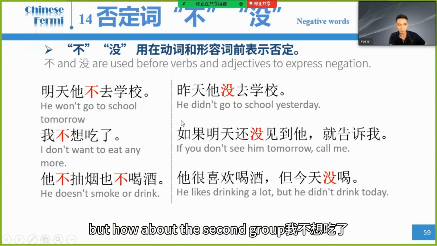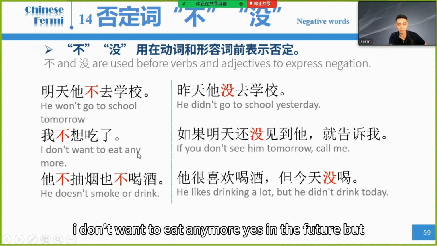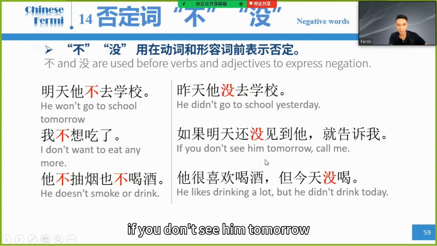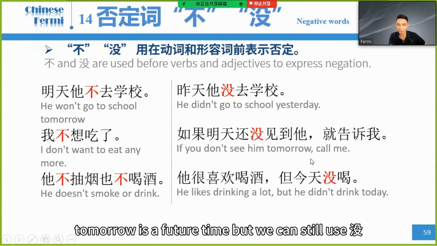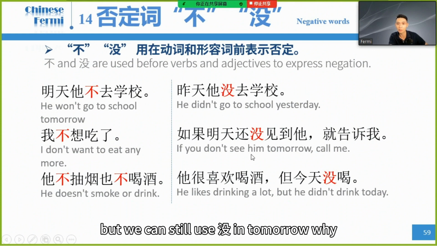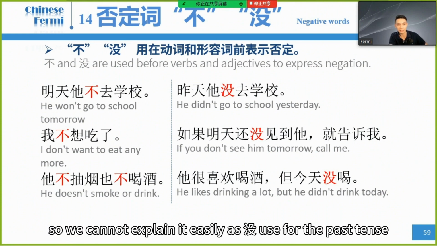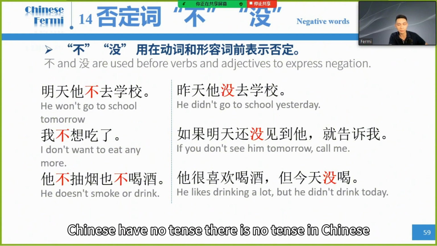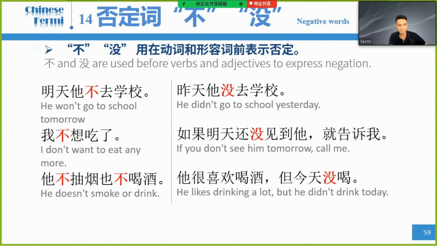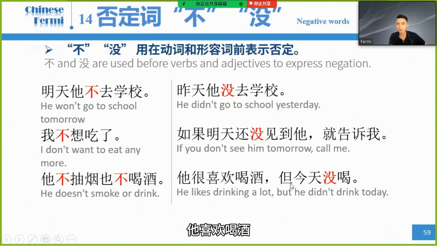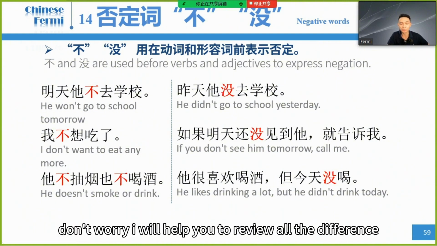But how about the second group? 我不想吃了 I don't want to eat anymore. Yes, in the future, but 如果明天还没见到他 if you don't see him tomorrow is a future time, but we can still use 没 in tomorrow. Why? So we cannot explain it easily as 没 used for the past tense, because it should be noted that Chinese have no tense. There is no tense in Chinese. The last example, 他不抽烟也不喝酒。他喜欢喝酒，但是今天没喝。So if you feel it confusing, no worry, I will help you to review all the difference